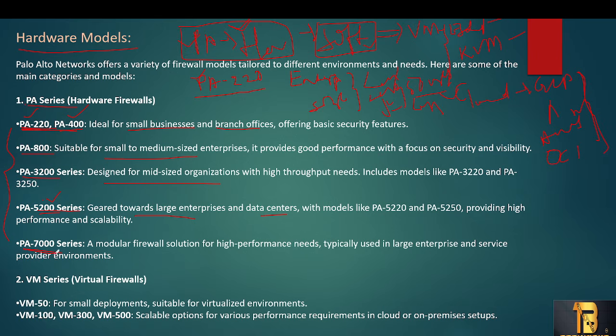And if you see here the PA 7000, these are mostly high performance, and you can mostly see these series firewalls in ISPs. ISPs connect with different customers. We have ISPs like Jio, Vodafone, and Airtel, who provide internet to everyone, so they are handling a large amount of traffic.